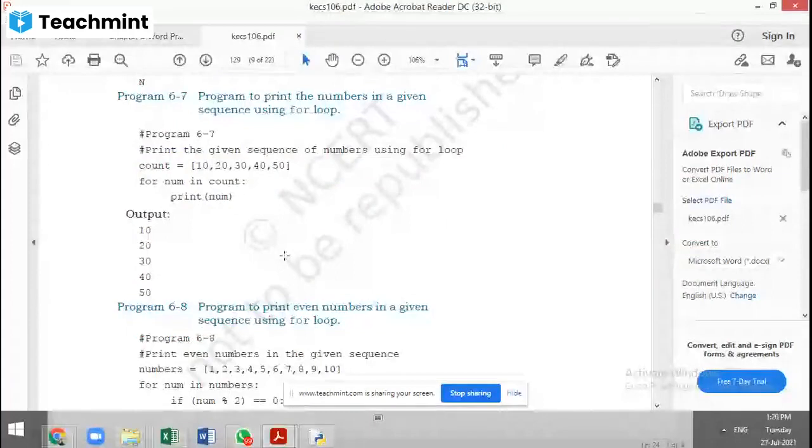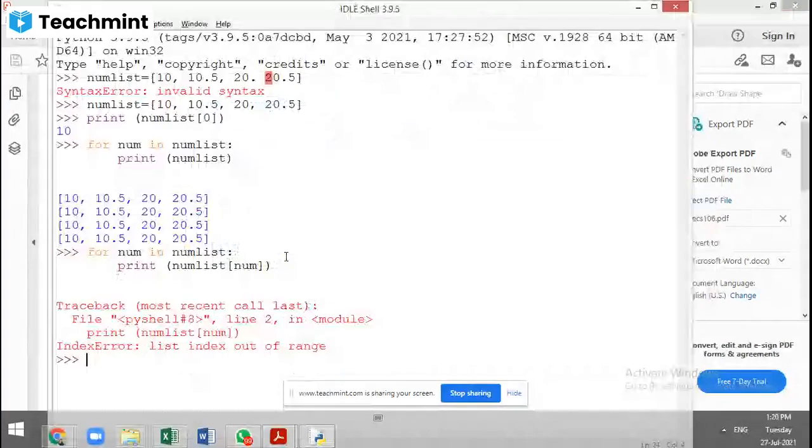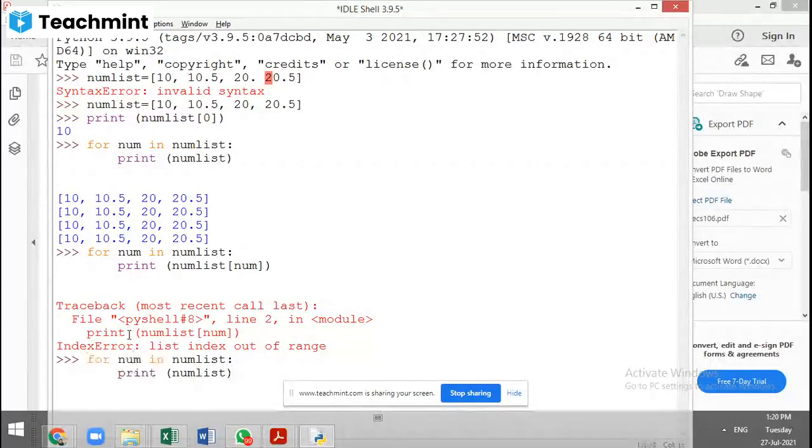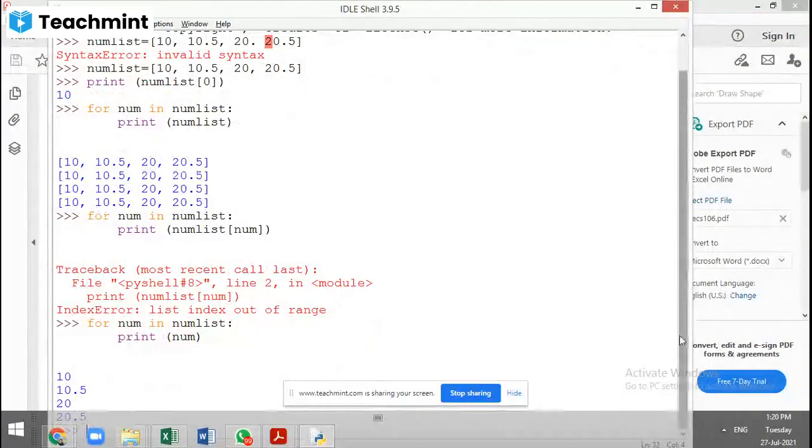Some error is there. What is the error? I want to print 10, 10.5, 20, 20.5 in separate lines. So please check by writing print num. Okay. Now it will print.